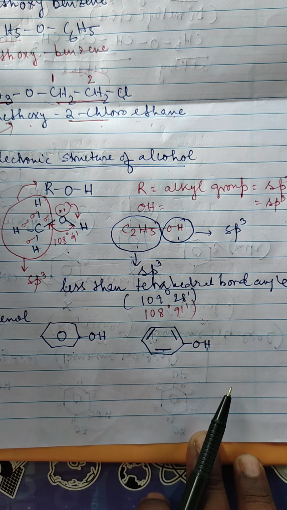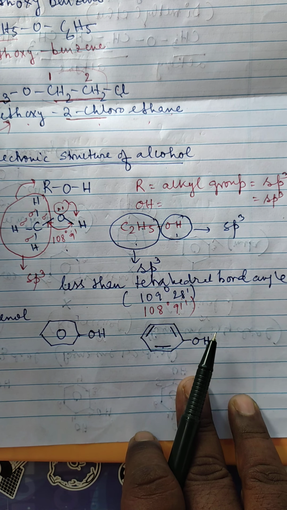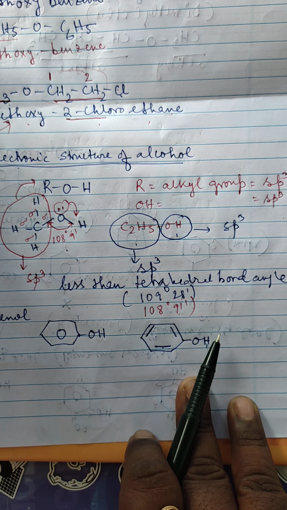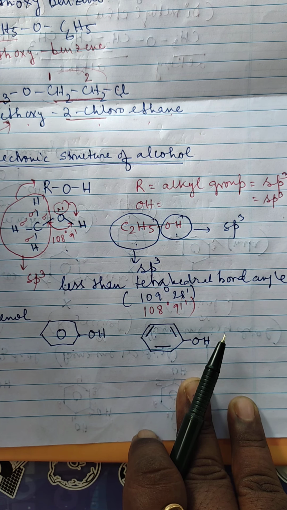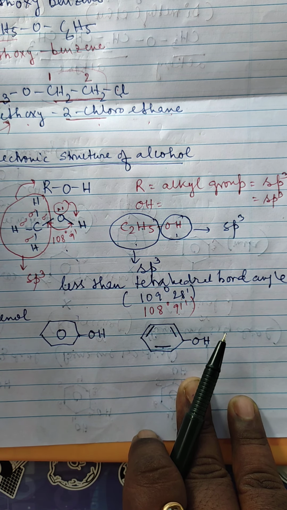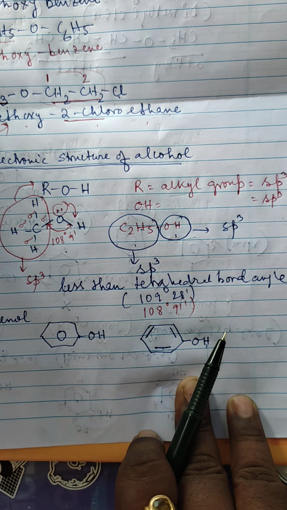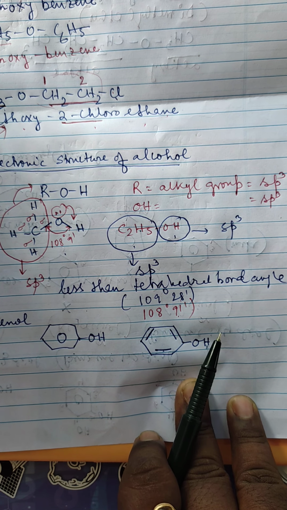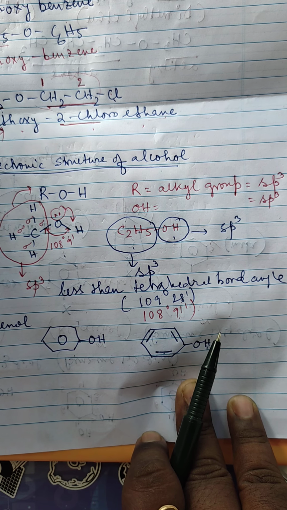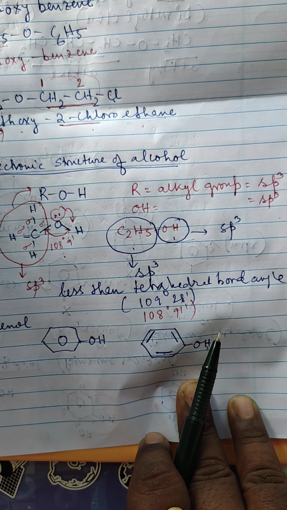That the OH in phenol, like the OH in alcohol, is formed by the overlap of an sp3 orbital of oxygen with the 1s orbital of hydrogen, while the CO bond is formed by the overlap of an sp3 orbital of oxygen. As a result, what is happening? It acquires certain double bond character, and this double bond character causes resonance, as a result of which the carbon-oxygen bond acquires some double bond character and the sp2 hybridized state.